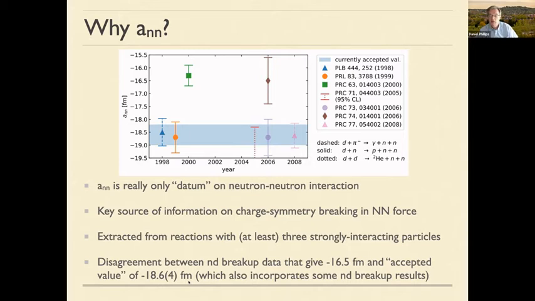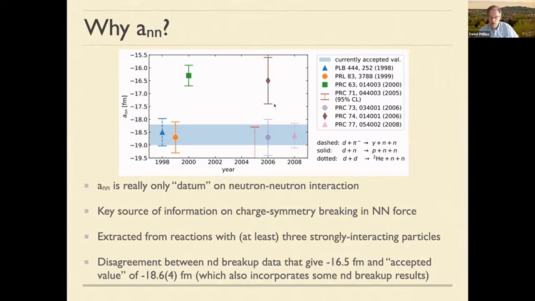And the most precise radiative pion capture number, which is indicated here by the dashed lines, is in good agreement with a measurement from Triangle Universities Nuclear Laboratory of Nd breakup, but it disagrees with other measurements from Bonn of Nd breakup. And I want to emphasize here that the theory that was used to analyze the Nd breakup is the same in both cases. So this is not some issue of different models being used to do the extraction. This is fundamentally an experimental disagreement between, say, this number and this number.